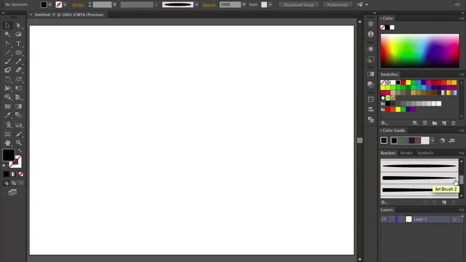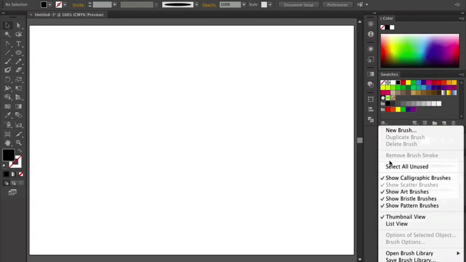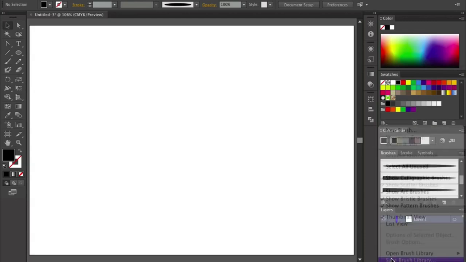So another important point at the moment is that none of these are saved permanently, so as soon as I delete this document off the screen, I'm going to lose those brushes, and when I create a new document I've got to go through the work of creating those again. So what we need to do is create these as a permanent brush library, and that's very easy to do. So again, make sure that your brushes palette is open, and you just come over to the flyout menu here and you just go Save Brush Library,